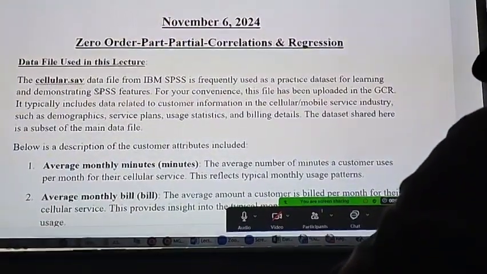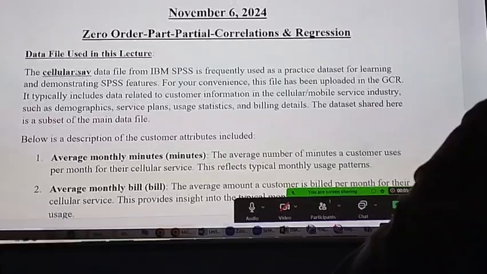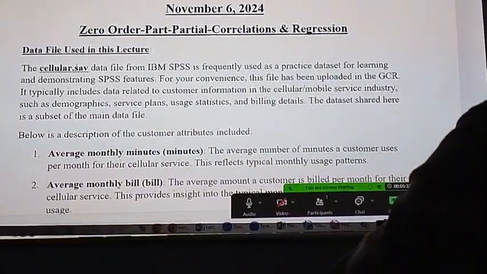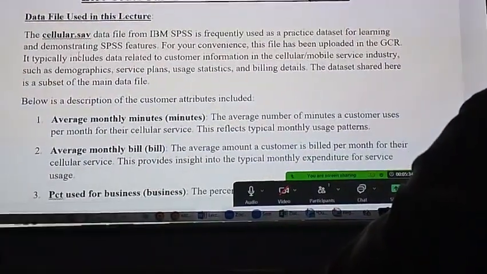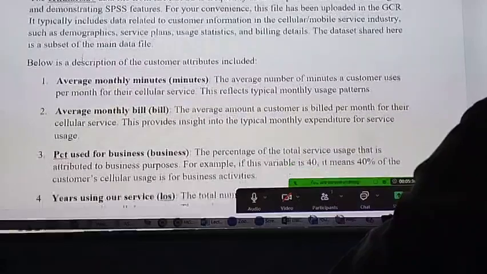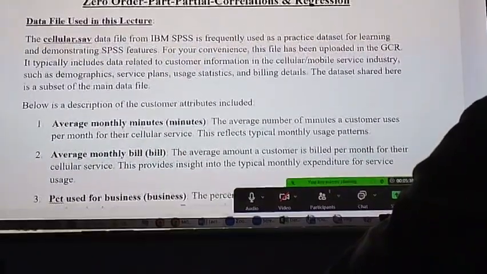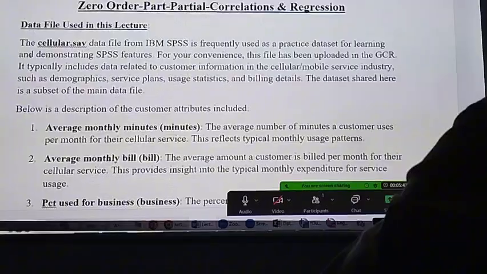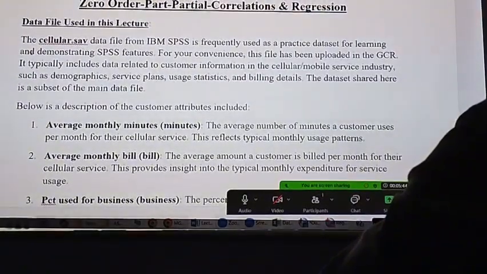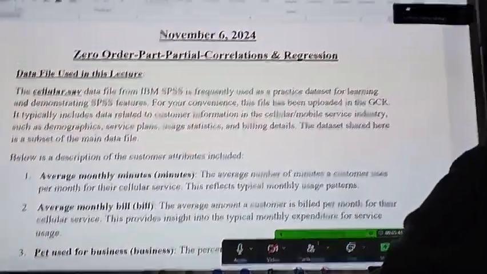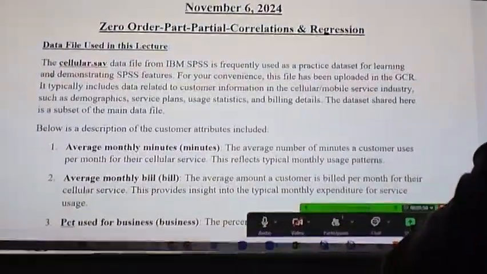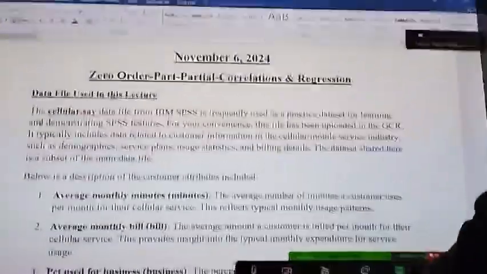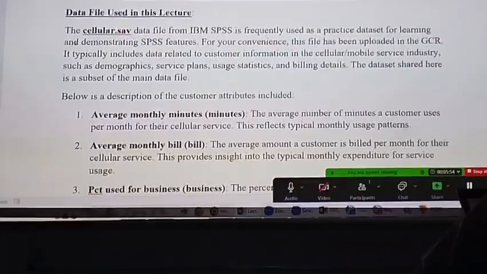Okay. So the data file which we are using, in the lecture we'll be using another file, but this file, the file containing data related to the cellular survey, I have shared with you, which makes your assignment number 2, and you are supposed to calculate the part and the partial correlation using the data provided